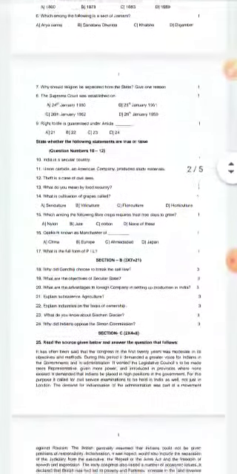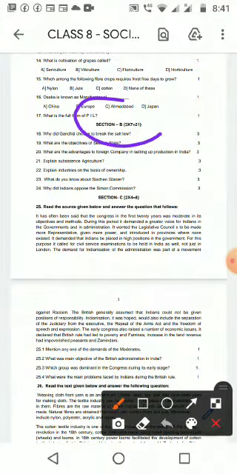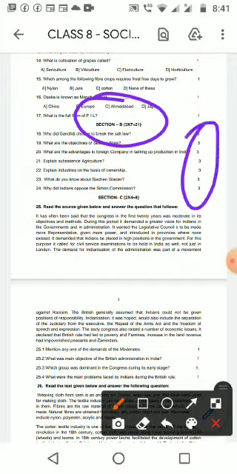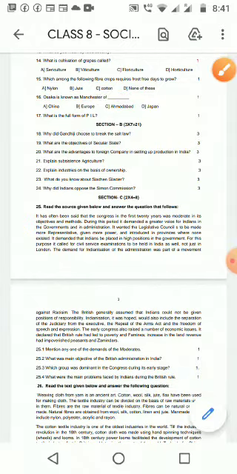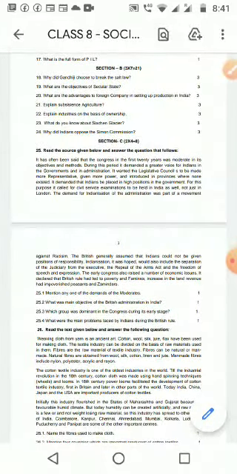Then after this objective type, you have section B, part 2, with 3 mark questions. You will get 6 questions. Here it is 7 questions, I will give 6 questions, and some options also I will give, but not a common option. Out of these many questions you have to write 6 or 7, not like that. For example, 18th question may have 2 questions, like that.